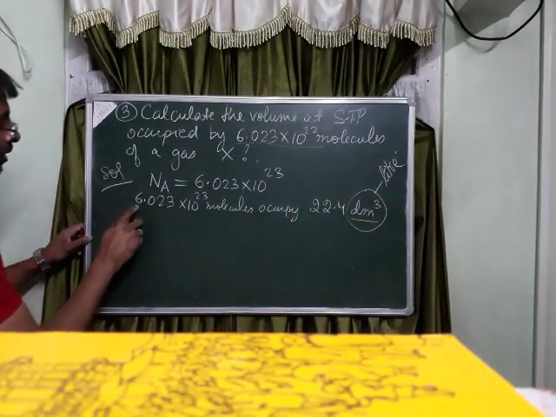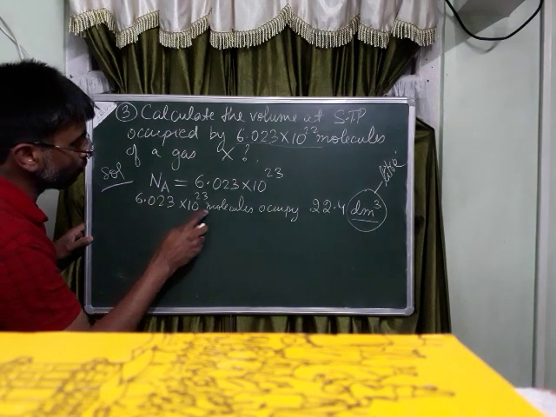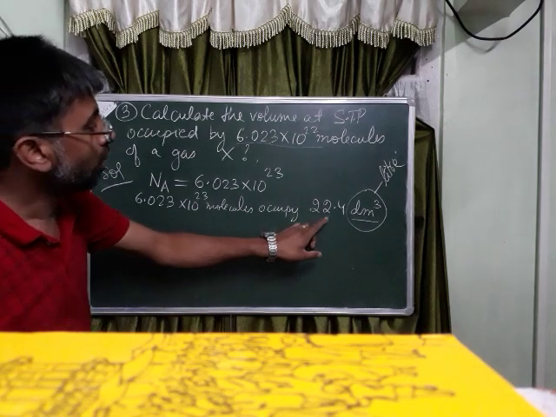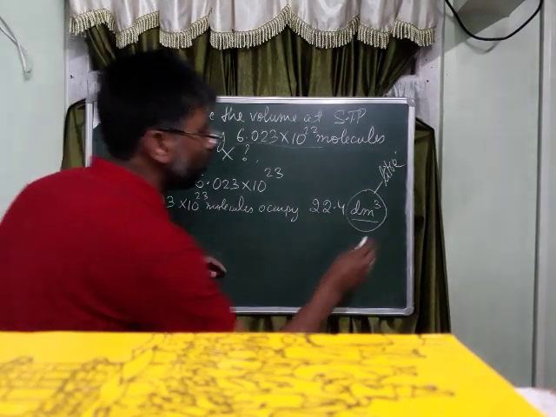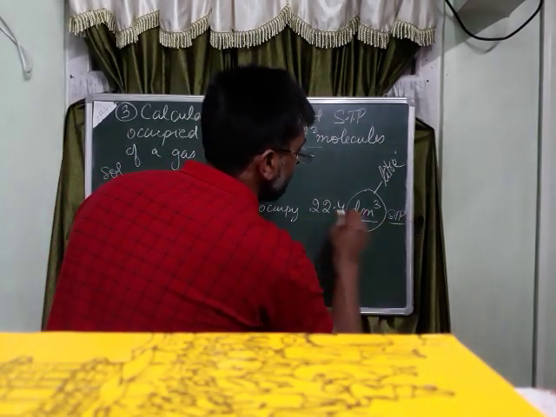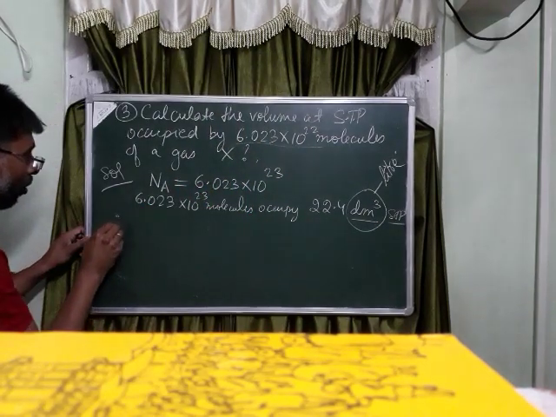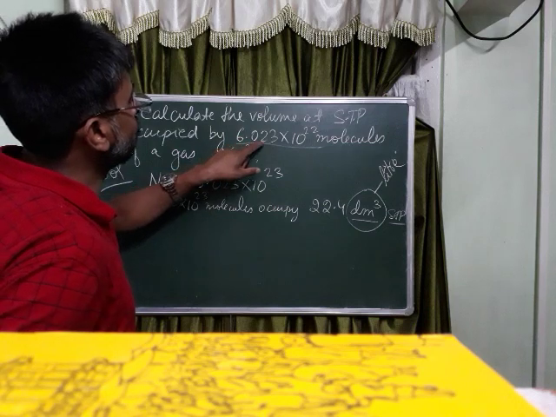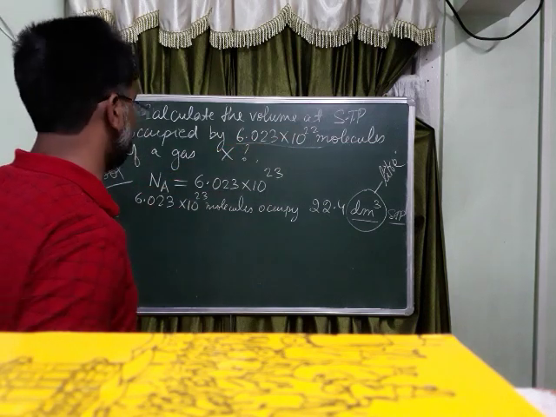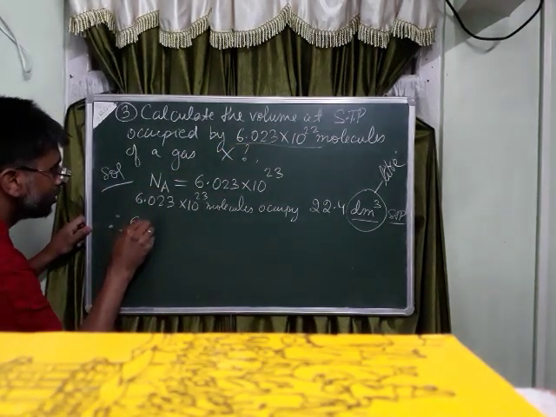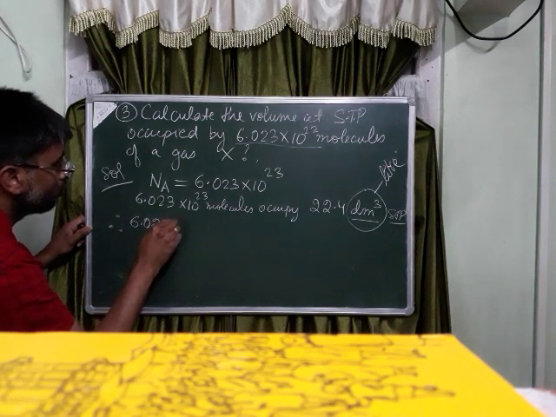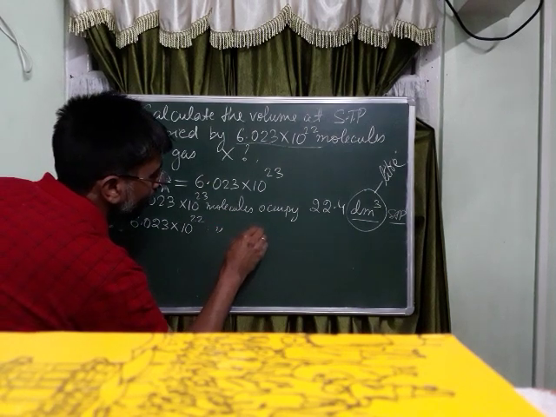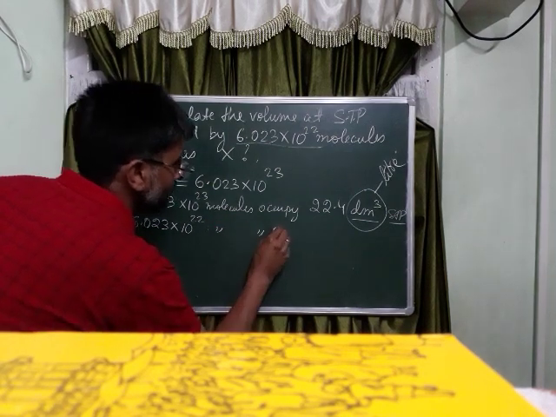Again, 6.023 into 10 to the power of 23 molecules, which is the Avogadro's number, occupies 22.4 decimeter cube of X at what? At STP. Therefore, what is given in the question? In the question it is given 6.023 into 10 to the power of 22 molecules. Therefore, I write down 6.023 into 10 to the power of 22 molecules will occupy this